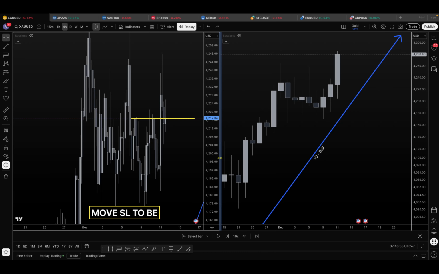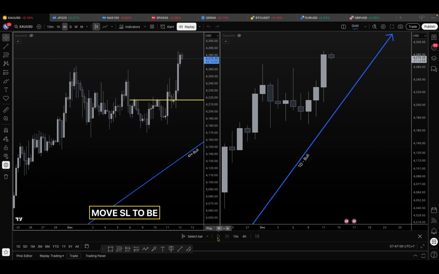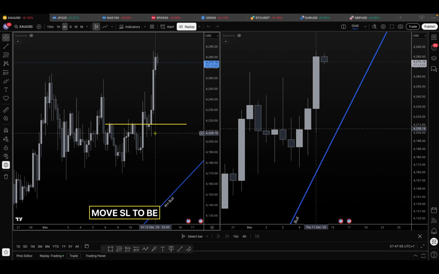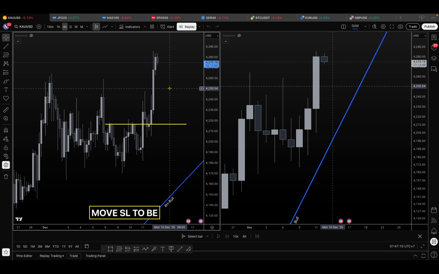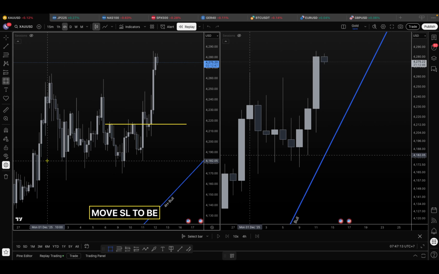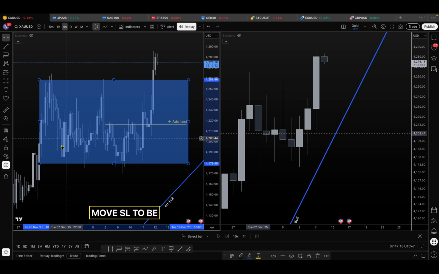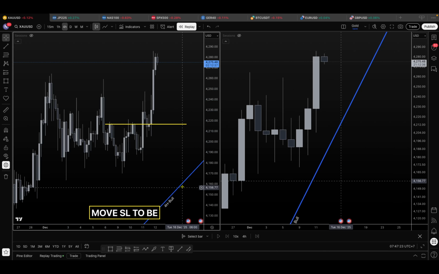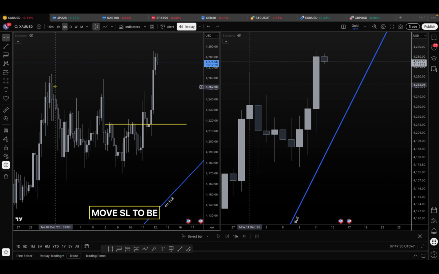Yesterday I had one good trade on gold. I can see that in this box the price is in a range. In this area, the price is in a range. I'm not really interested in trading within the range, but